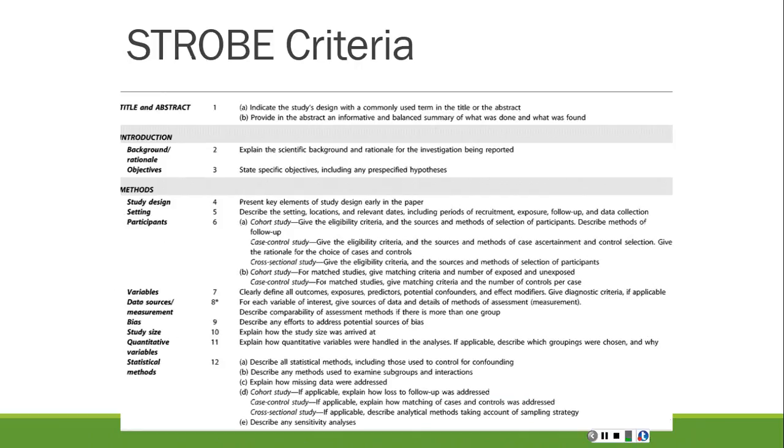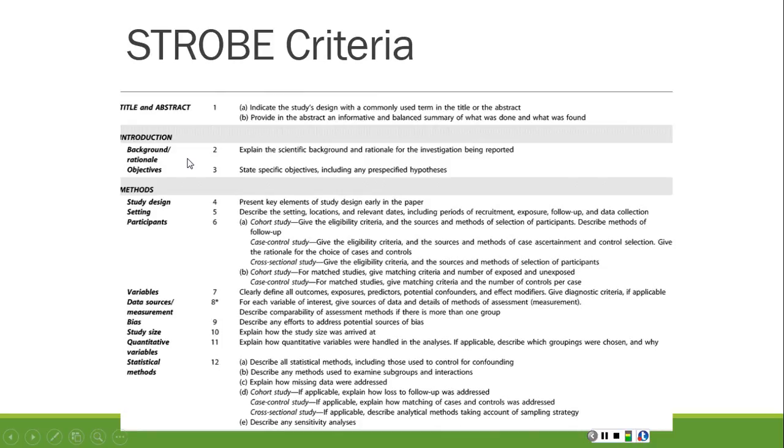Finally, I wanted to mention briefly the STROBE criteria. These are posted in the Blackboard folder for this week, and you should read the two articles. One is the criteria, the other is interpreting and assessing the criteria. These criteria were created to standardize reporting of observational studies. They're really aimed at investigators that are publishing their data or designing observational trials, but they're a great guide for people reading the literature for observational studies on important points that should be mentioned or addressed by the investigators